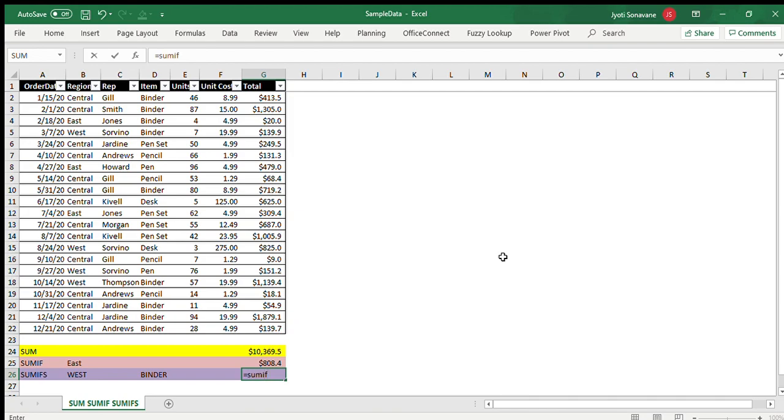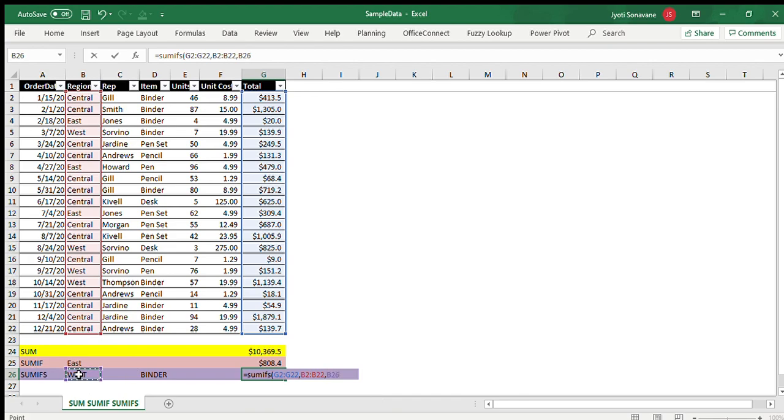I will write =SUMIFS, bracket open. Earlier in the SUMIF function, we first selected the criteria range, then the criteria, and then the sum range. Here we first need to select the sum range, meaning the column from where you want to get the sum total. So let's select this column first, then comma. Now it is asking for the criteria range, which is your region column. Let's select that column and comma, and now it is asking for a criteria.